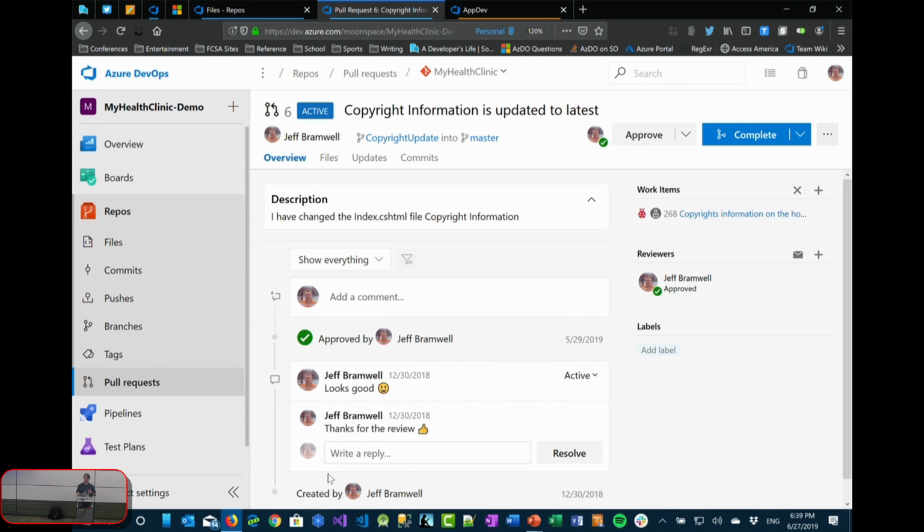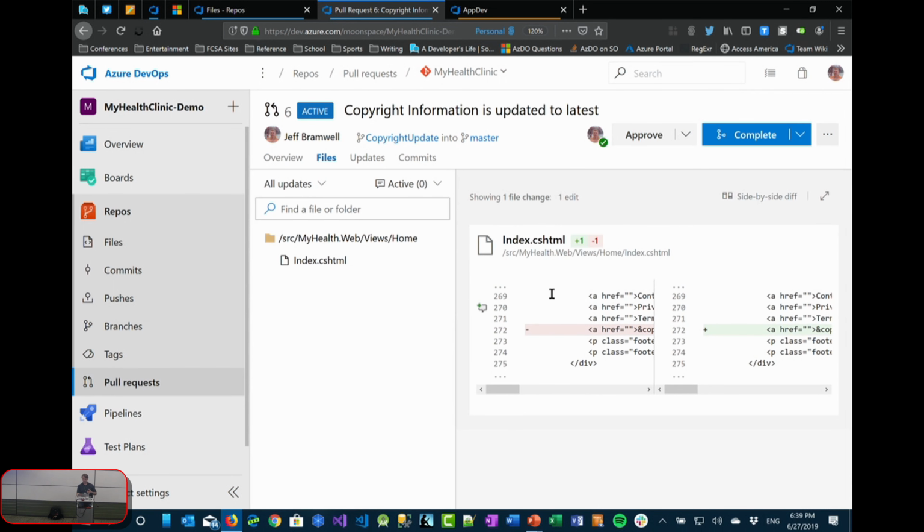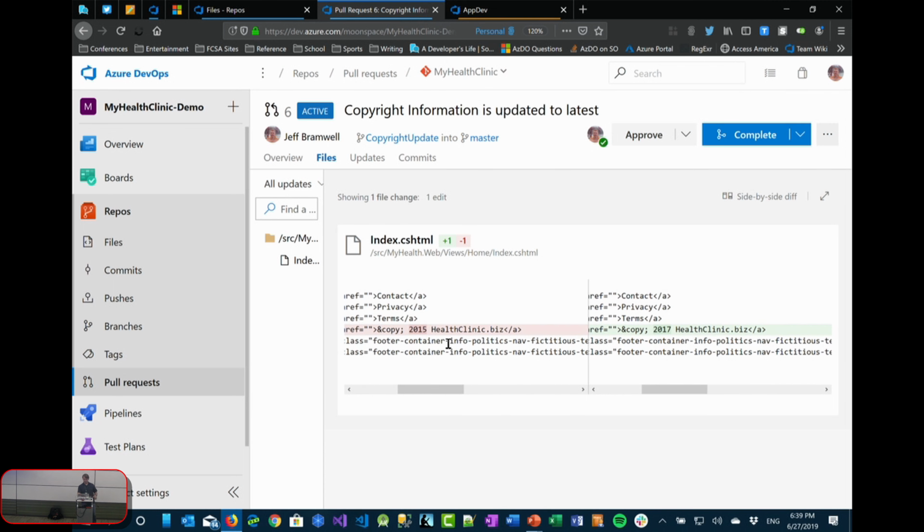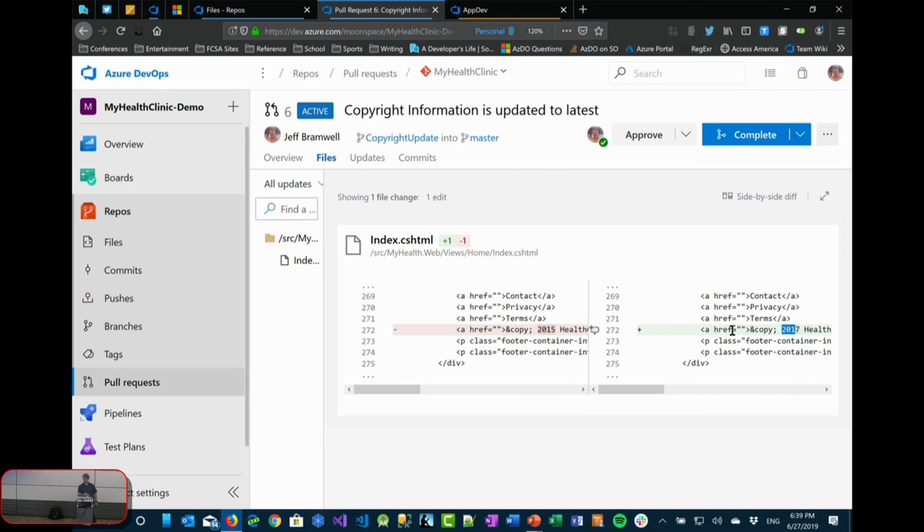There are some comments going on here, but if I click on files and scoot this over a little, I've only got one file in this pull request, but when I look at that file, it's going to show me the differences. For example, this is a pretty simple one, like the year 2015 for a copyright changed to 2017. So I could go, yep, that looks great.